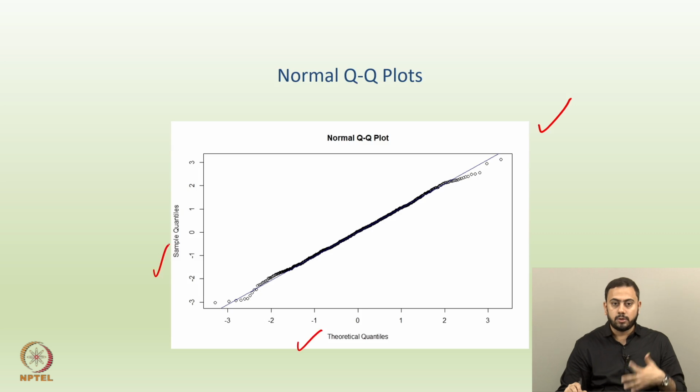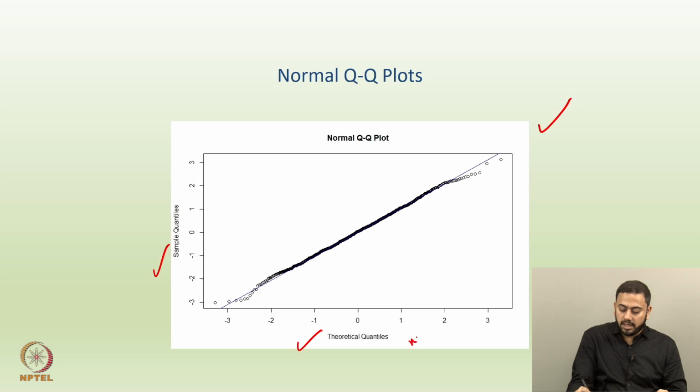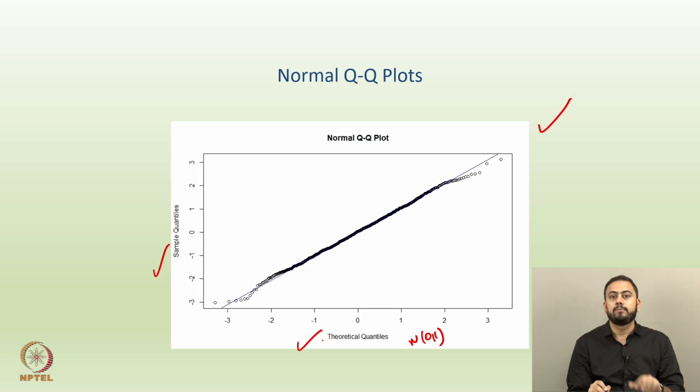And hence, it also means that the underlying distribution which produces these theoretical quantiles is equal to the distribution of your data. Okay. And generally here we are taking a standard normal, right. So, we are assuming a standard normal distribution and then these are the quantiles for a standard normal distribution. So, if the theoretical quantiles and the sample quantiles match, which they are doing here, then the underlying distribution holds true. Okay. So, this is the idea about a normal QQ plot.